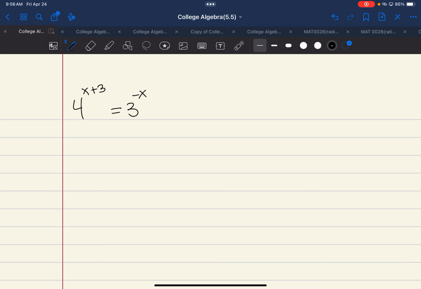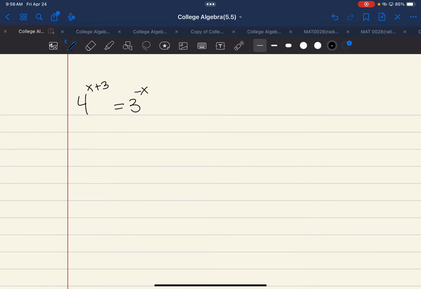All right. So anytime you have 2 exponential expressions on both sides with variables in the exponent, it's pretty tedious. It's kind of a long problem. But I'm going to give you the steps. The steps will always be the same. So I'm going to write these steps out. So step 1,